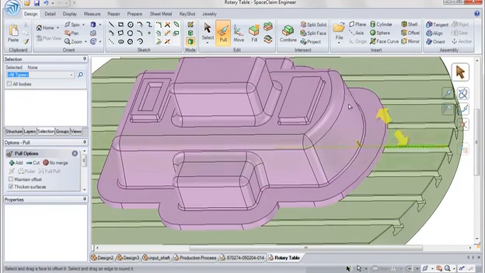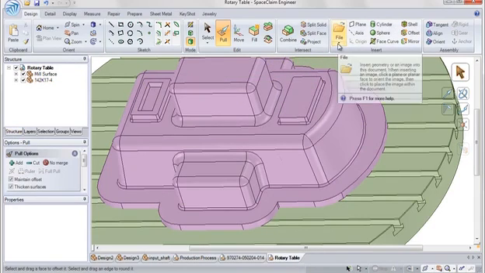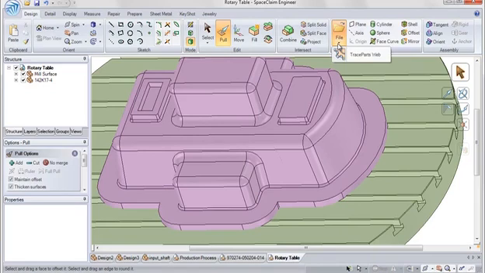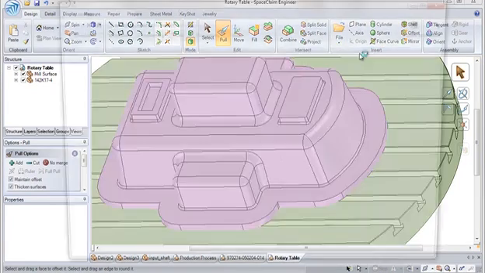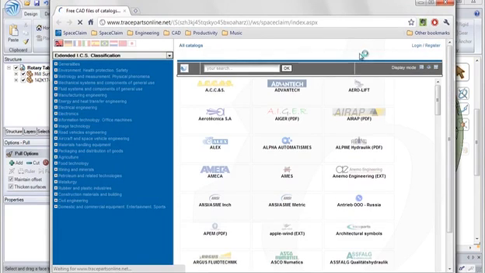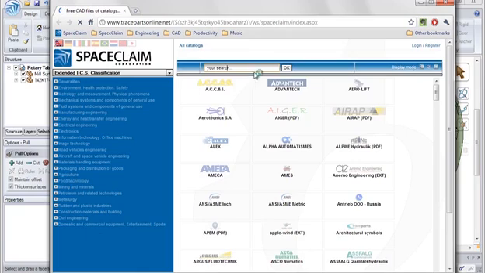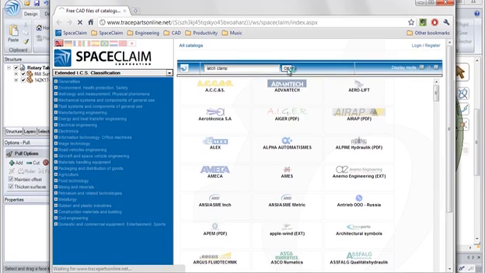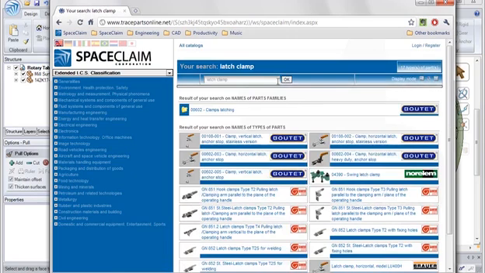Well, in SpaceClaim we have access to the entire TraceParts online library. We can access that from the file insert command and go straight to TraceParts web. This loads a full online catalog of standard hardware. You can search by category or enter your search term and get the exact type of part that you're looking for. So we want a latch clamp for this